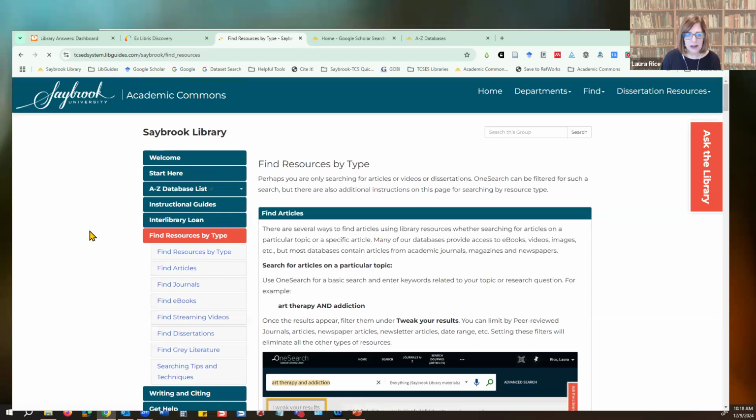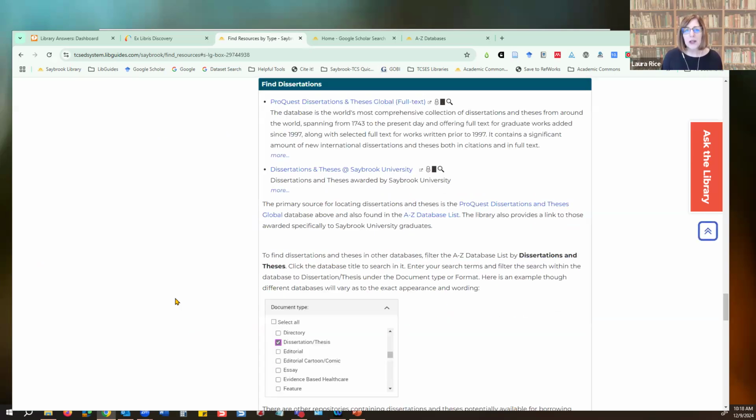There's a tab here called Find Resources by Type. Sometimes you just want to find certain types of information resources like streaming videos. So these are all listed out here. One that I want to call attention to is the Find Dissertations. Using dissertations is a great way to do your research. And we have access, as I mentioned, to ProQuest Dissertations and Theses Global. We also have that same dissertation and theses database filtered to Saybrook University